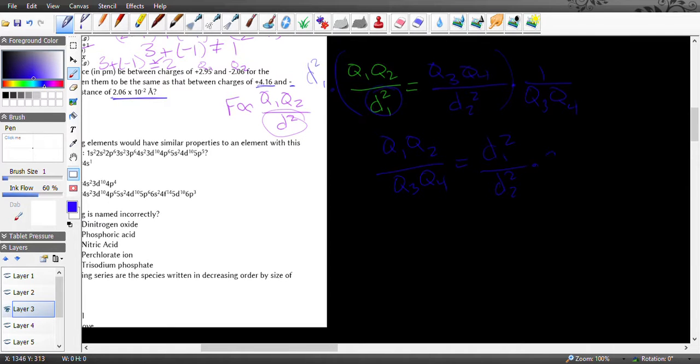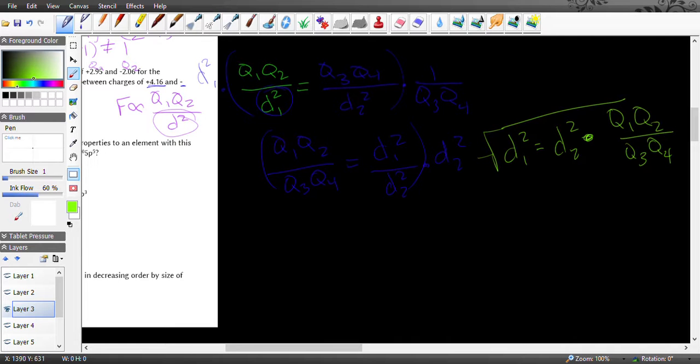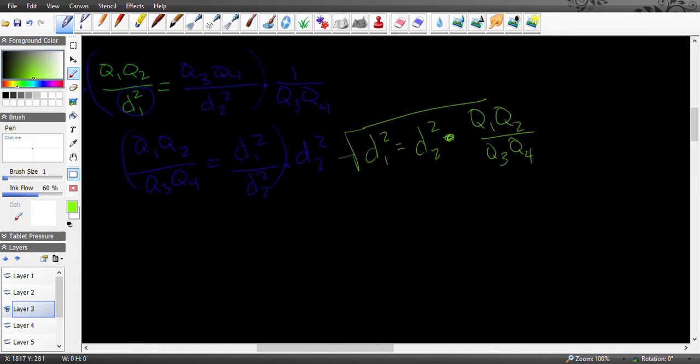Now we're going to multiply by D2 squared on both sides, and we will get D1 squared equals D2 squared times Q1 Q2 over Q3 Q4. This is all just algebra. Square root of everything, because we just want to solve for D1. So D1 equals